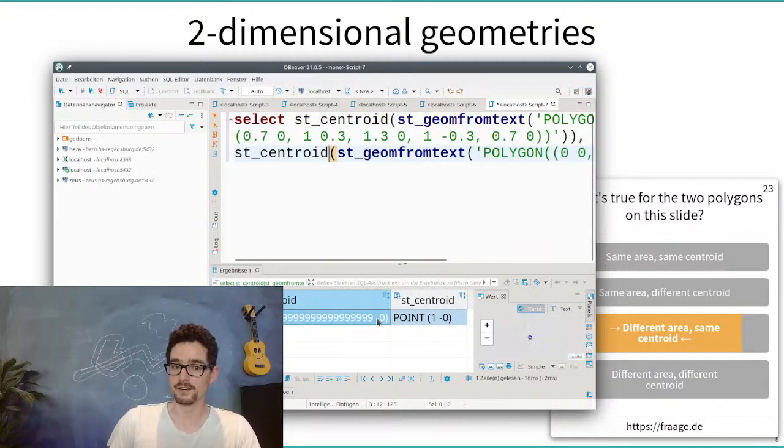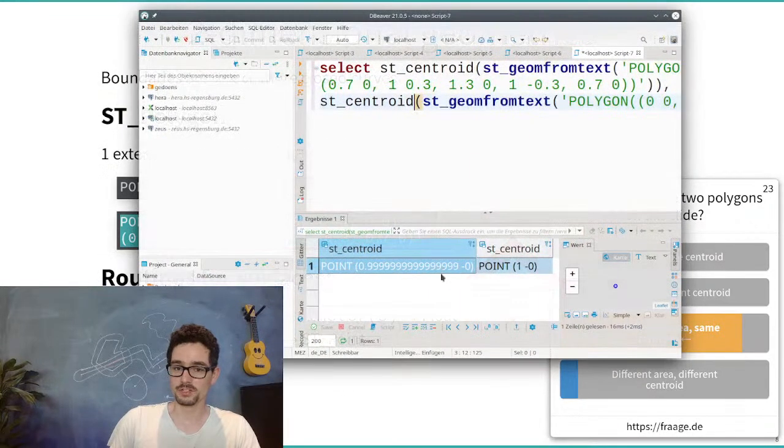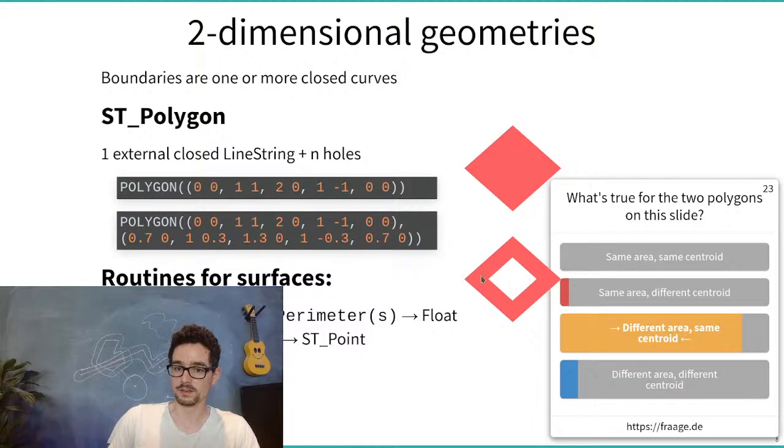Yes, it is the same. Rounding errors can occur, so you see here it is 1, 0 minus 0. Okay, the centroid returns the point 1 to the right and 0 to the top, so that's the centroid, and